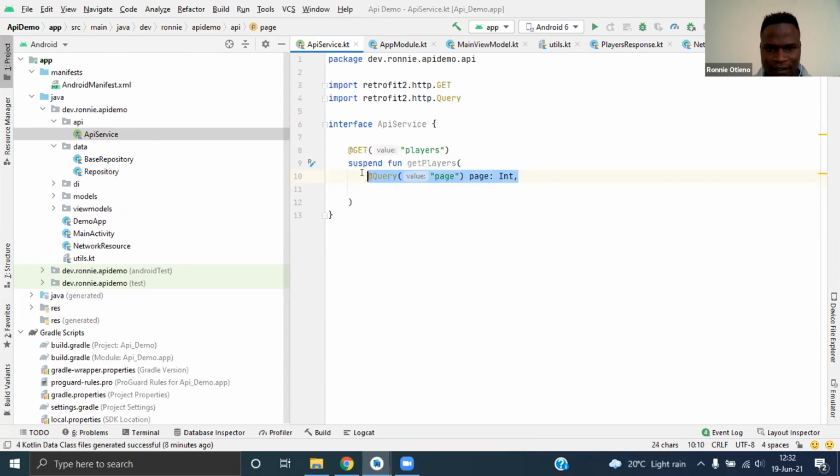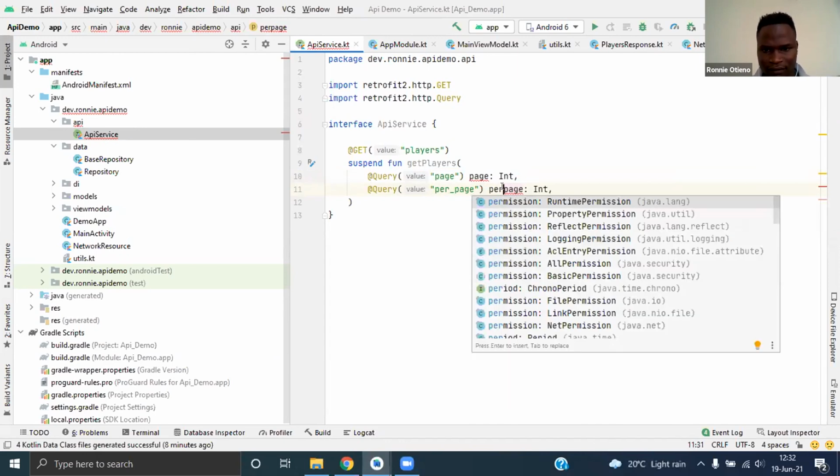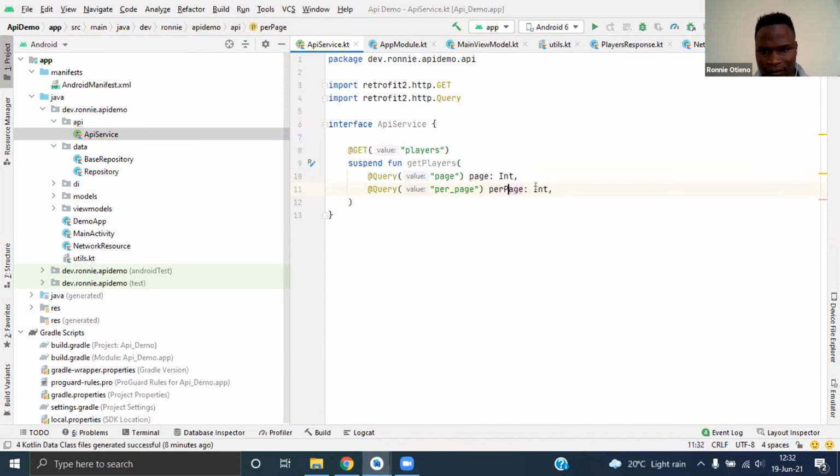Just copy this again, which is per page. So this will query the page according to the API and how many players we want in that page. So easy.